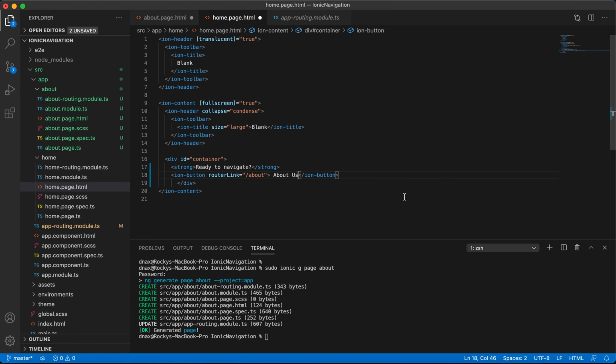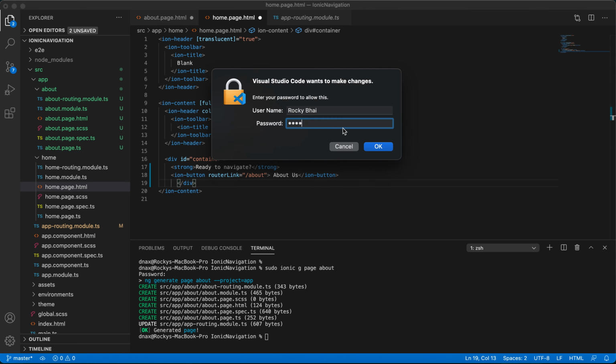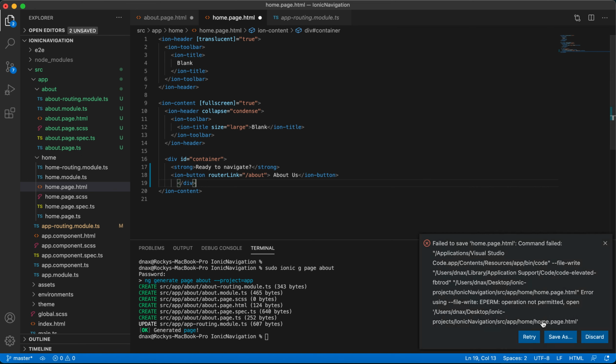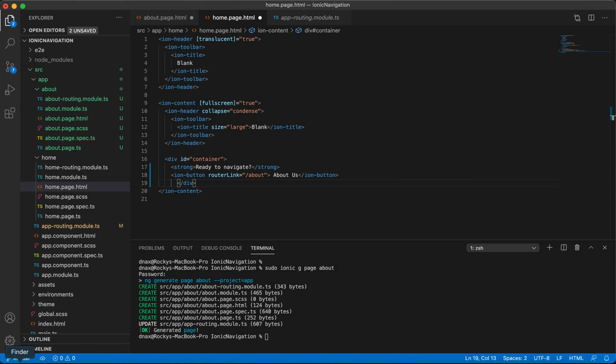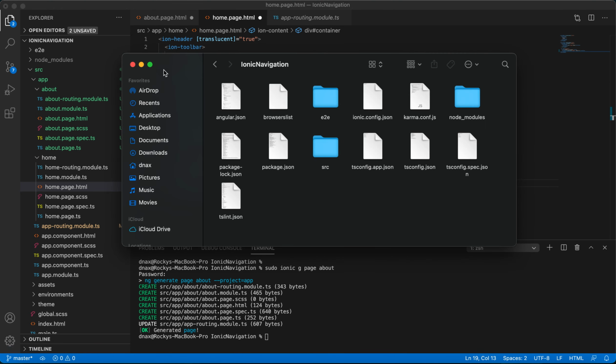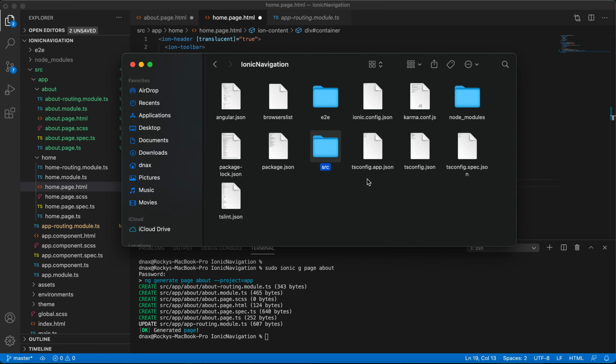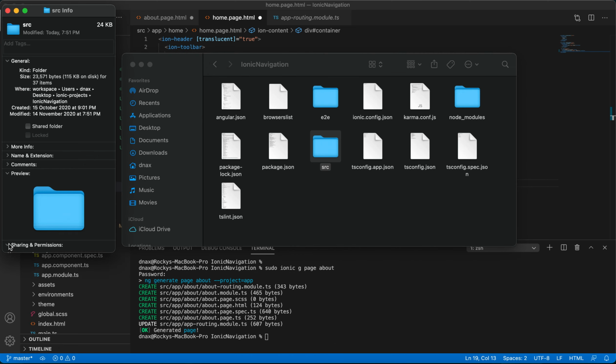About us. Save it. Before saving, it will ask to retry as, I need to give the permission, as it's on desktop. This is one of the common practices for MacBook users.